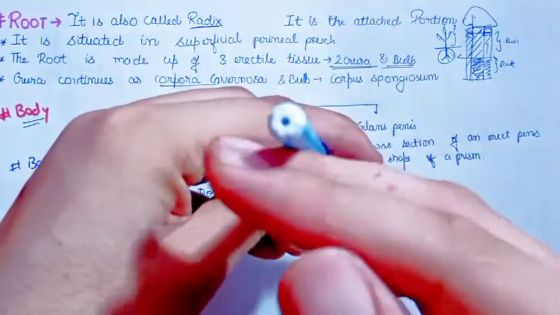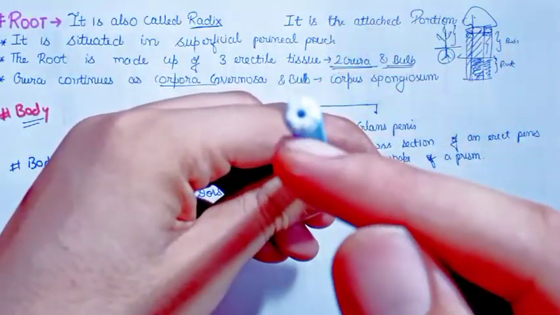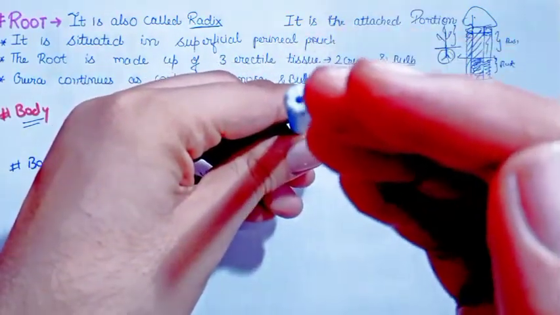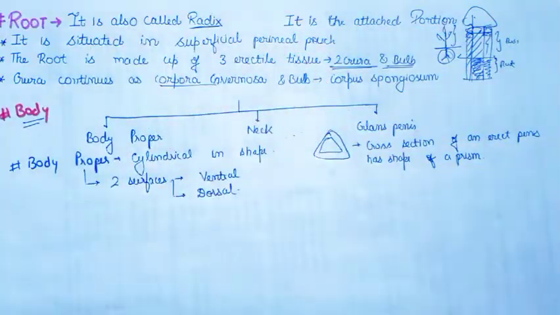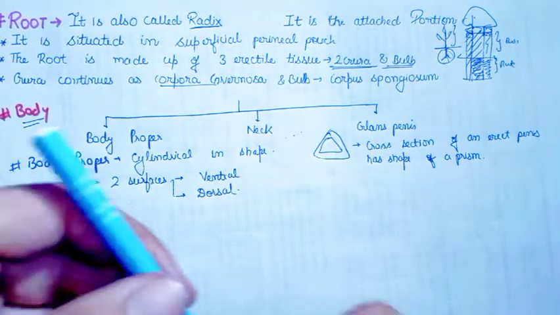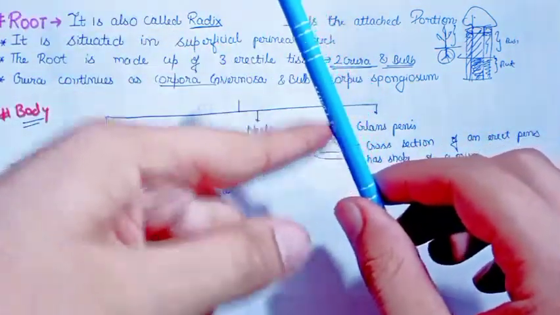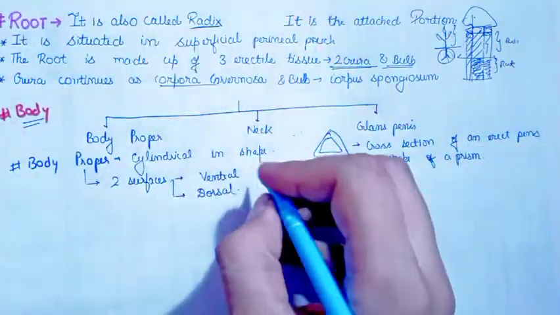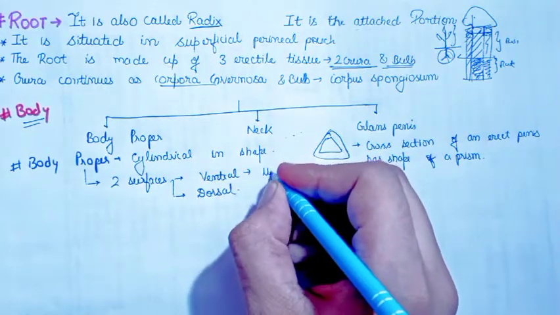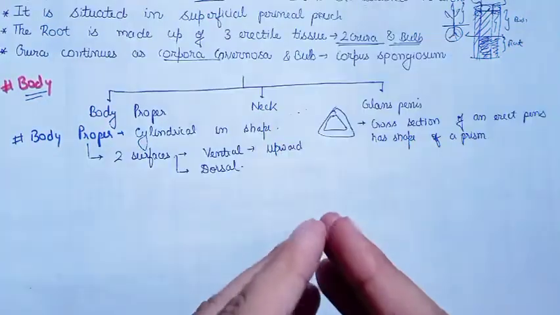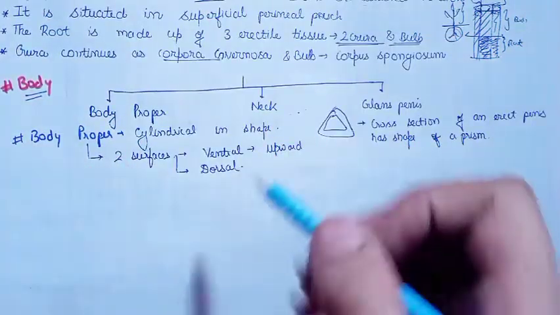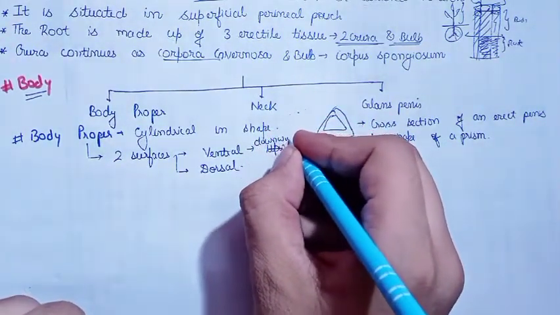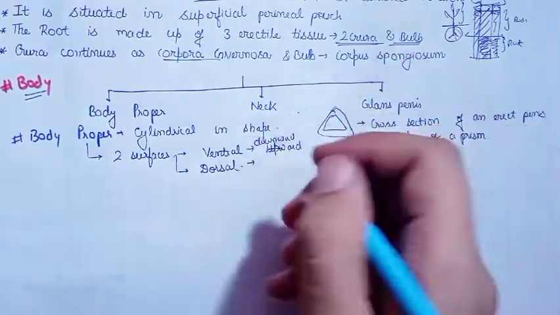So this is the ventral surface, and this is the dorsal surface. The ventral surface has the opening of the urethra. The urethral opening is not located in the center; it is present slightly below. All that we will discuss later. In an erect penis, first we have to consider it from the anatomical point of view. The ventral surface is directed downward, not upward, and the dorsal surface is directed upward.